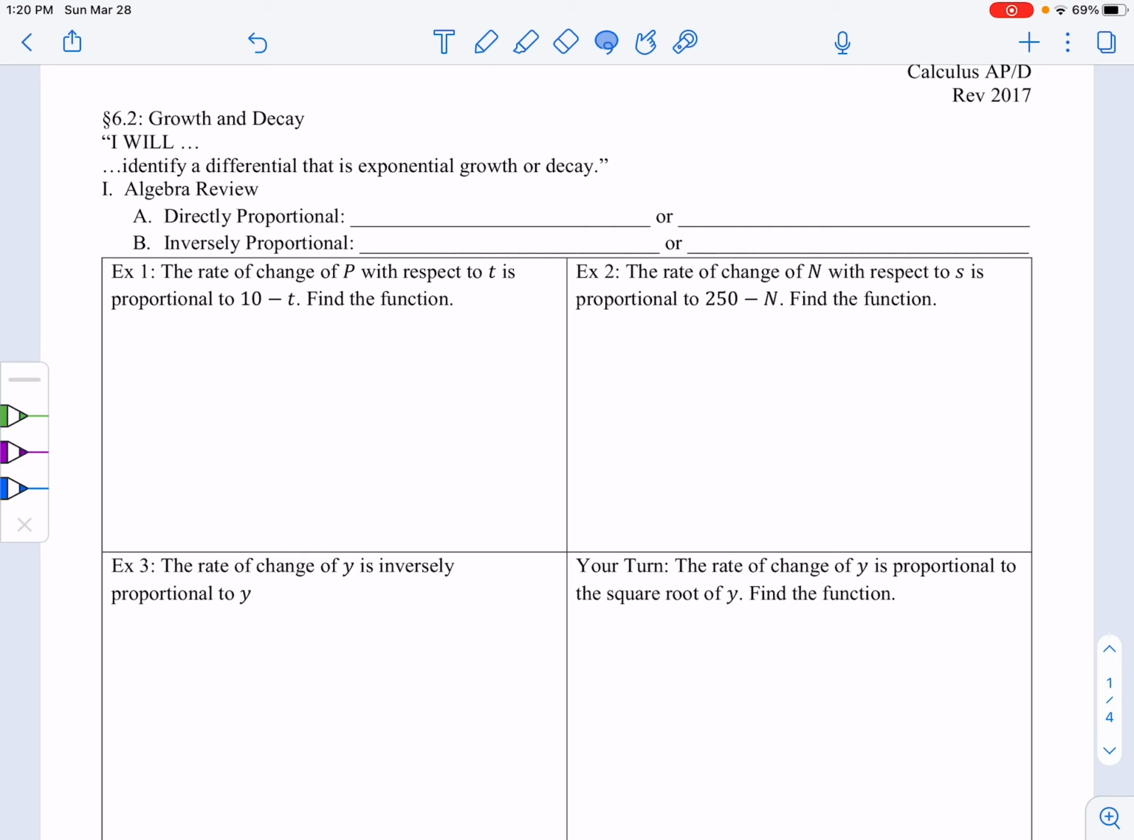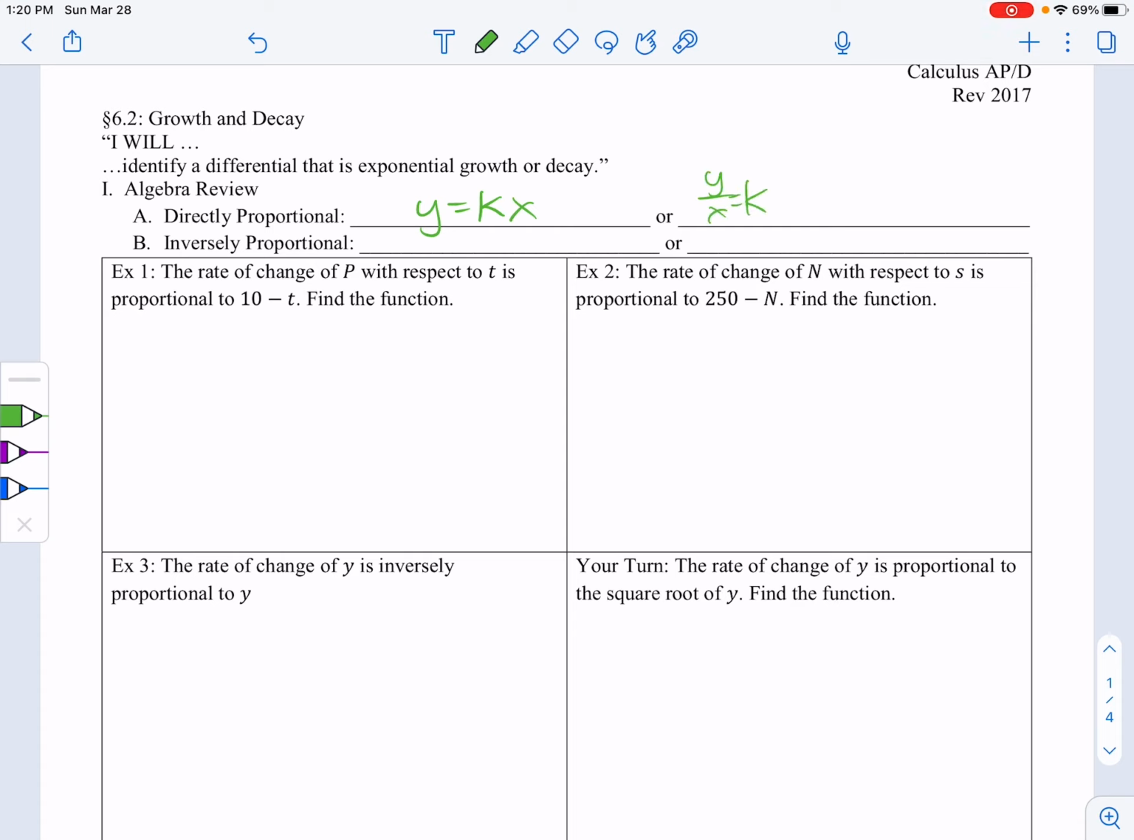It's kind of fun. Anyway, one thing to pay attention to: if the problem says something is directly proportional, the equation is y equals kx. It's directly proportional to x. Or you can solve for k and have y over x